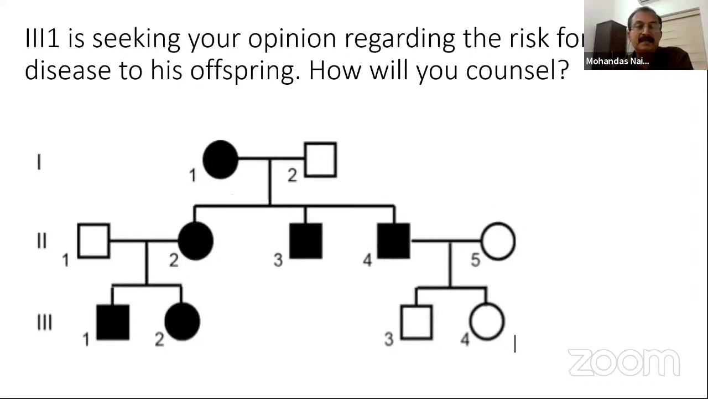So in this pedigree, the generation 3, 1, that is the male affected person, is seeking your opinion regarding the risk for the disease to his offspring. How will you counsel? First, you should try to identify what sort of inheritance pattern is this. So here, all generations are affected. So the first tendency is to think of an autosomal dominant inheritance, but you can see that